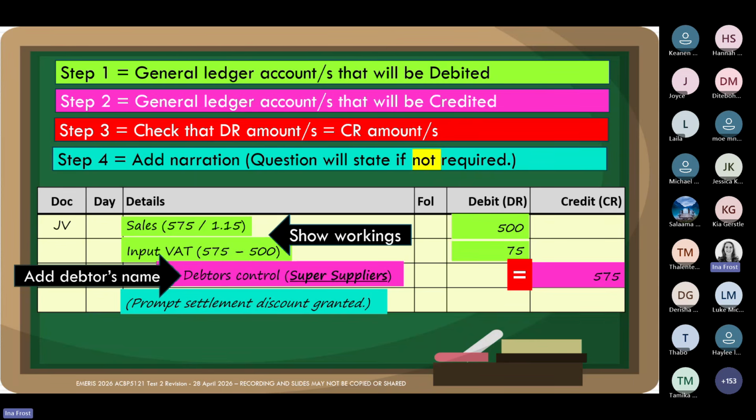Anything else from our students, Salama? I think we have explained it to the students. Again, I think they are getting confused about when to use the input VAT and the output VAT. We try to explain the technical rule there, and just to remember that if it's input VAT, it's an asset.